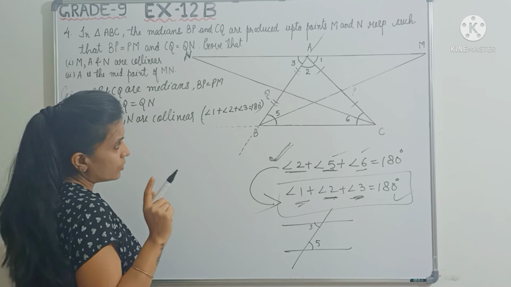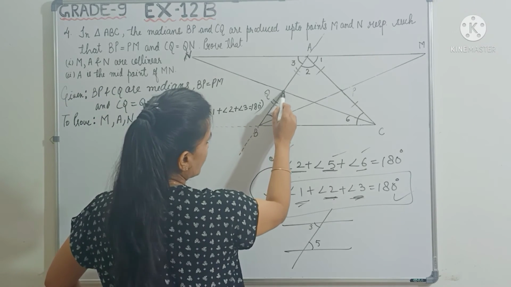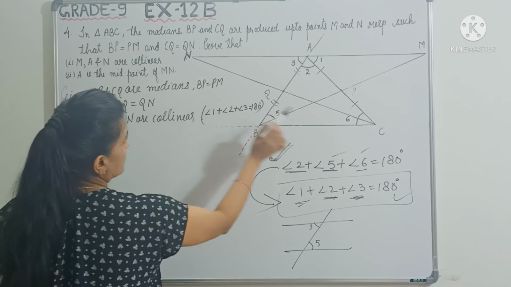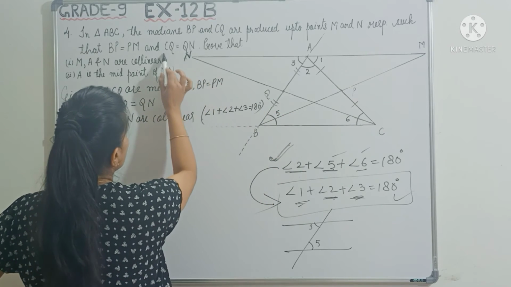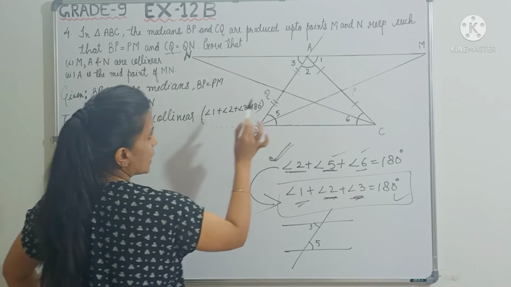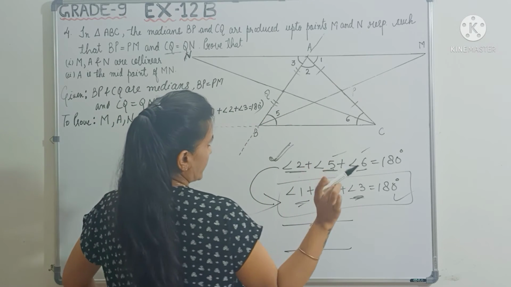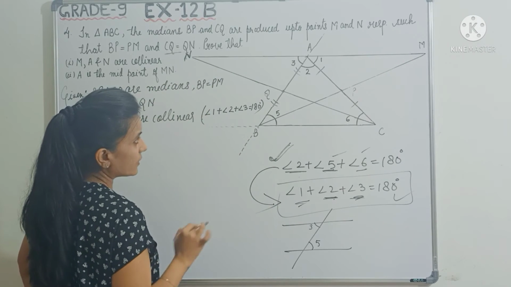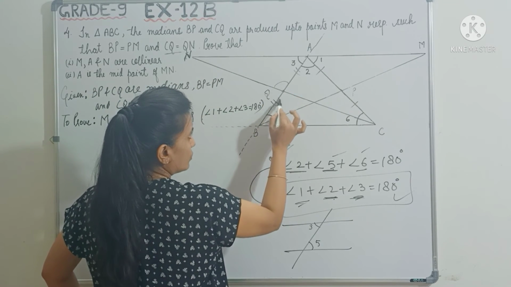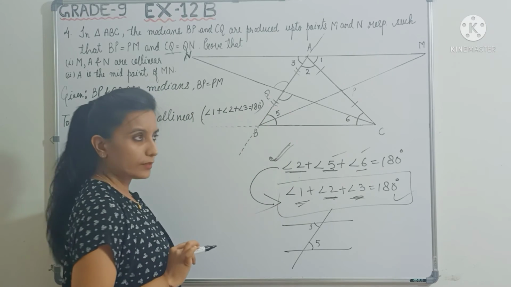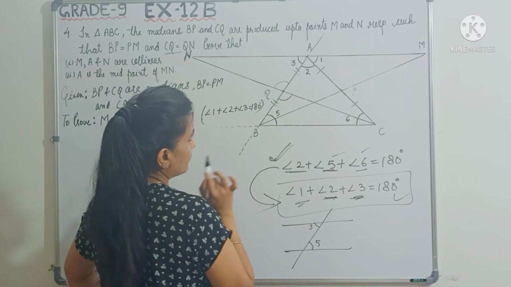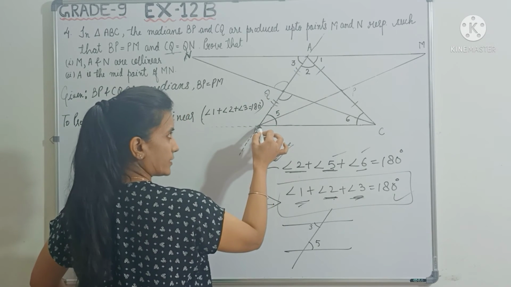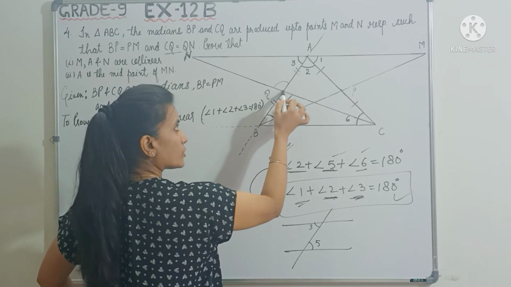So let's think about that. Here we know that Q is the midpoint of CN, right? Because they have mentioned here that CQ is equal to QN. They have mentioned, right? So yes, I got one point that CQ is equal to QN. Second thing, can I say that these two vertically opposite angles are equal, right? Now you need one more thing. So yes, you can see that Q is the midpoint of AB, right? So it means QB is equal to QN.